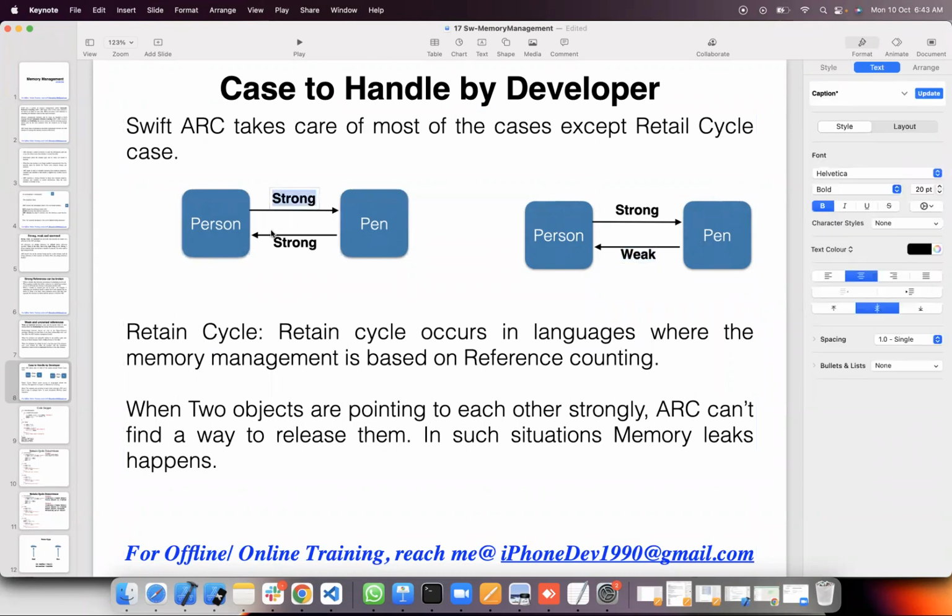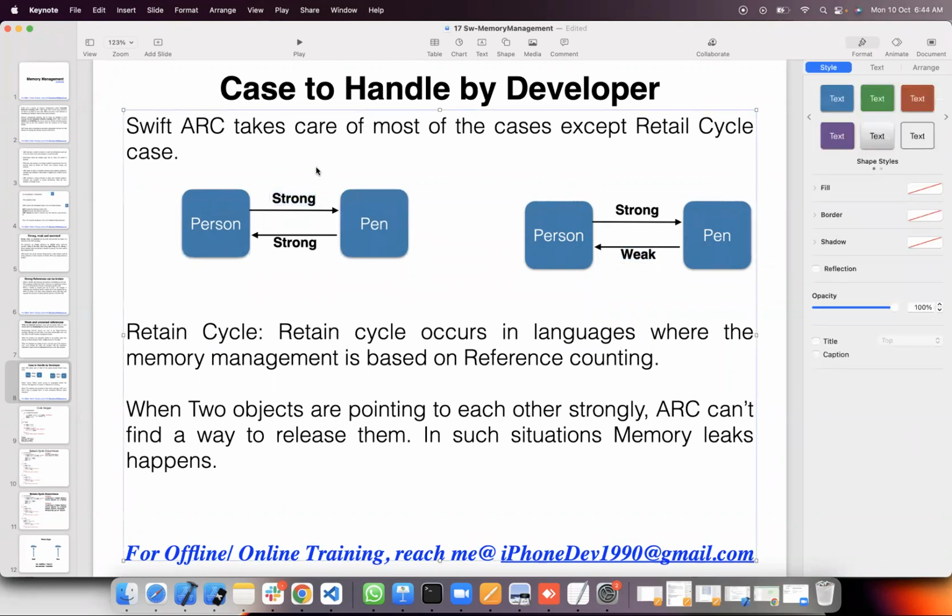What is strong? By default, whatever variables we have declared in a class, everything is strong only. Okay. What is a retain cycle? 100% question again. A retain cycle occurs in languages where the memory management is based on reference counting,